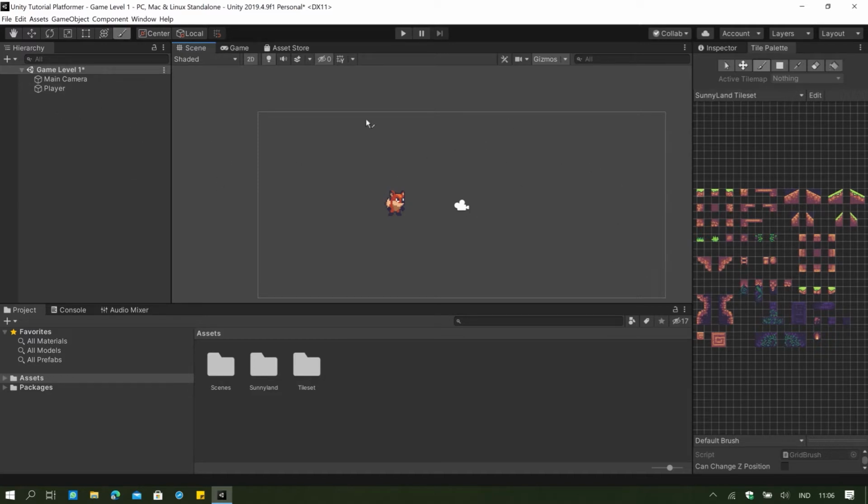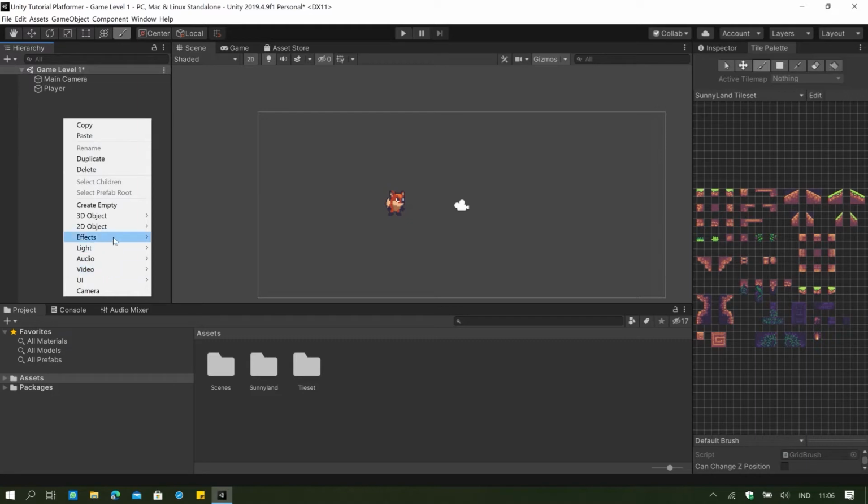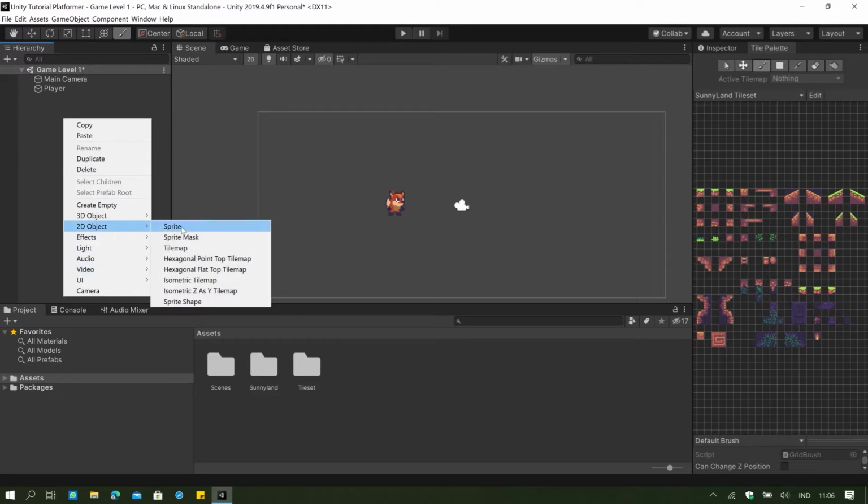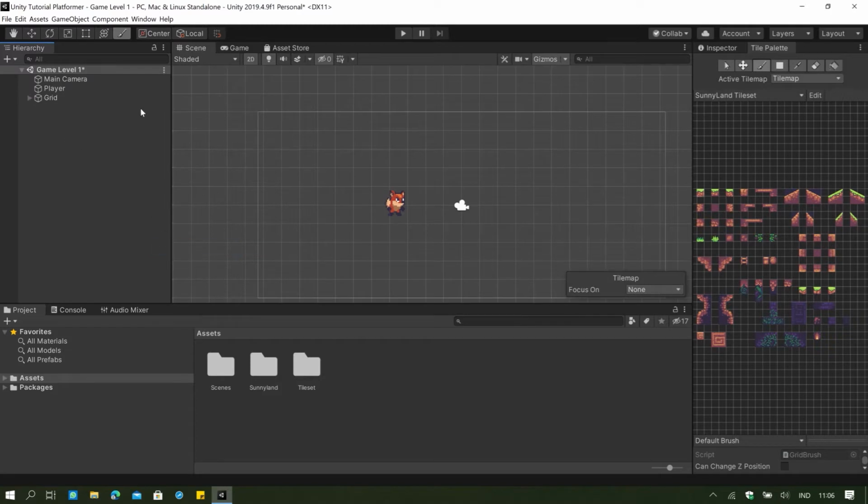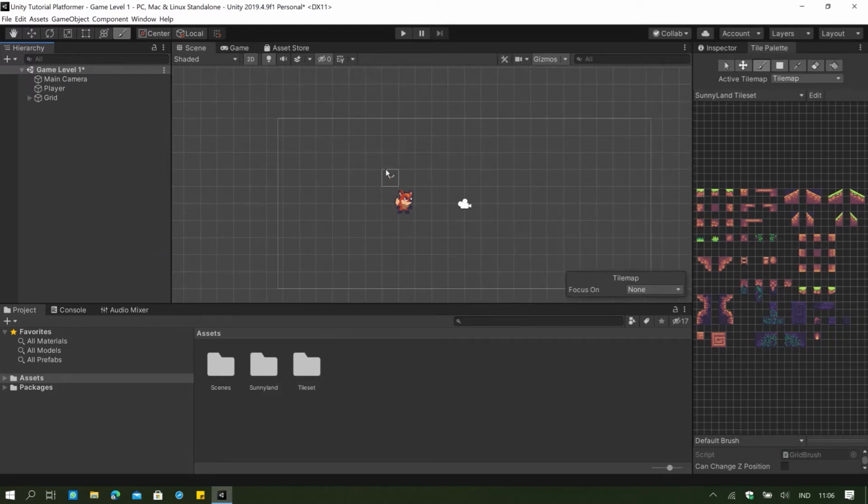So to draw the tilesets into the map, we can go to the hierarchy, right click it, go to 2D Object, and then go to Tilemap. Once you click it, it's going to bring out a grid view, and as you can see, the grid has a small arrow beside it, and if you click it, you can see all the objects that the